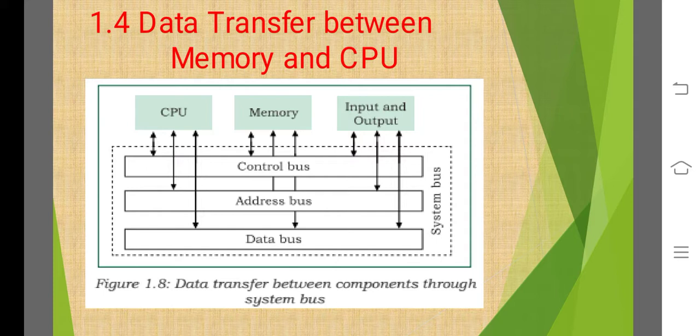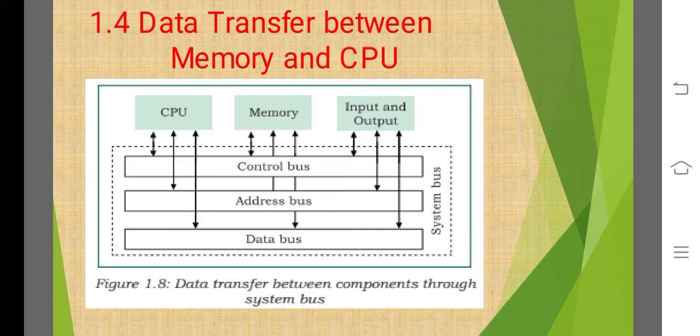Buses are of 3 types: data bus, which transfers data between different components, and the address bus transfers address between the CPU and the main memory, and the address of the memory location the CPU wants to read or write from is specified to the address bus. Address bus transfers the address, data bus transfers the data, and control bus is used to communicate control signals between different components of a computer. All these 3 buses collectively make a system bus.